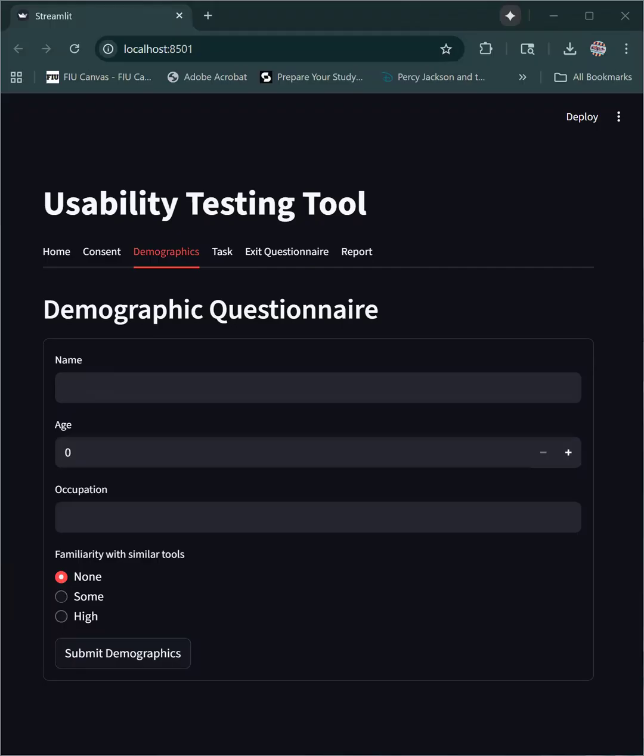This is the demographics tab. Participants will enter their basic information like name, age, occupation, and familiarity with similar tools. Upon submitting the form, the responses are saved to demographic_data.csv. So here I'll put in my name,